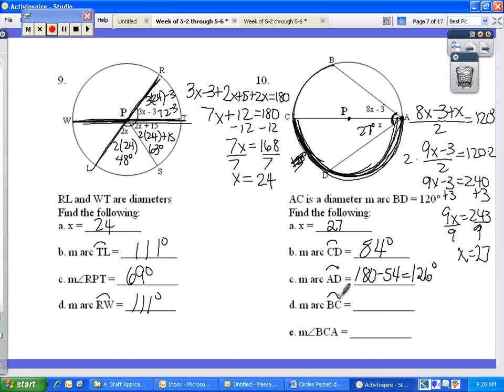Measure of arc BC, here's BC. Again, plug it in here. So 8 times 27 minus 3. 8 times 27 is 216. Minus 3 is 213. So arc BC is going to be